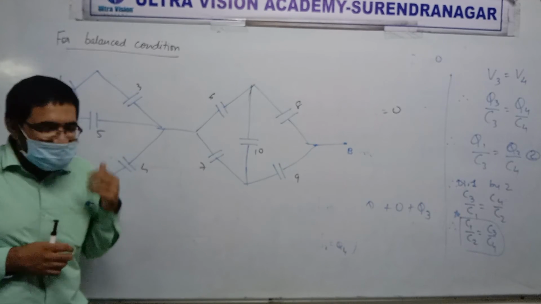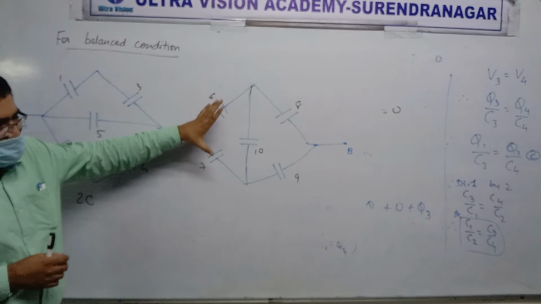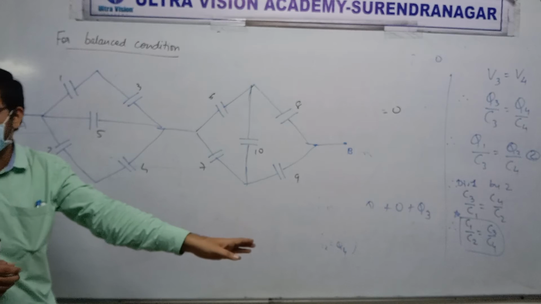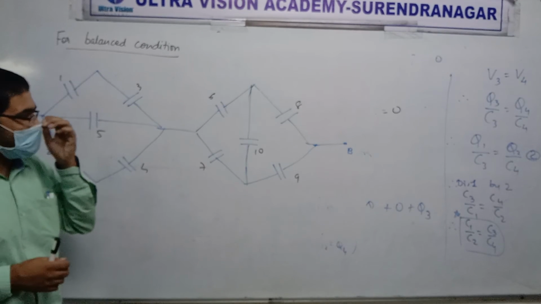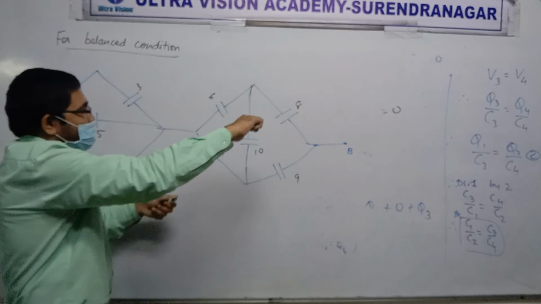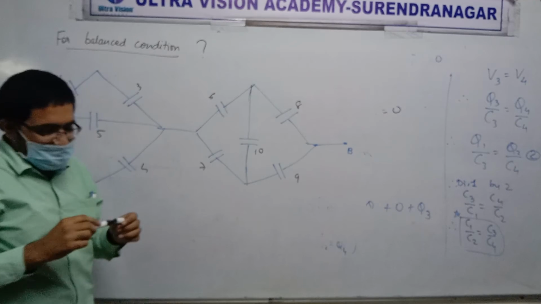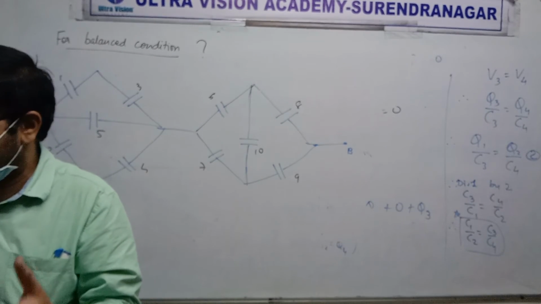it is a Wheatstone bridge. Is it a Wheatstone bridge? How do you identify? Branches are there. Yes. And then is there a cross between them? Yes. Very good. Clear or not clear? Yes. Okay. Now once it is a Wheatstone bridge, the next thing is: is it balanced or not balanced? If balanced, it is easy. If unbalanced or not balanced, then there is Kirchhoff law.